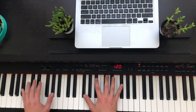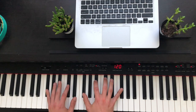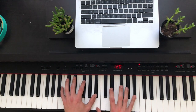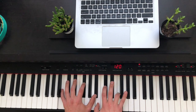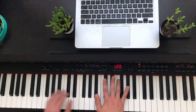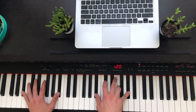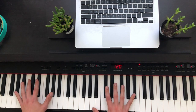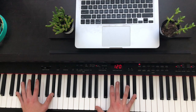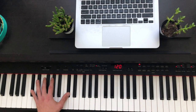So to repeat, it's gonna be F sharp major, B7, or if you want to play it like this, then we're gonna go to the D sharp minor 7, the A diminished, to the almost B7, to the C sharp minor 7. So your right hand,